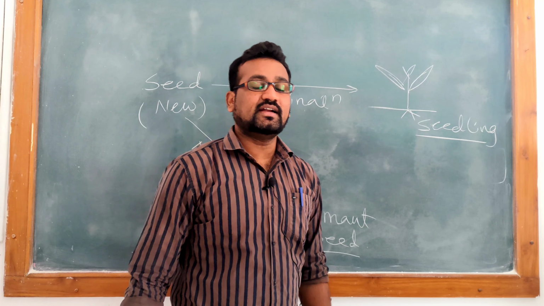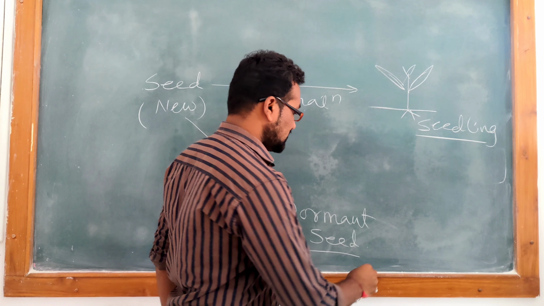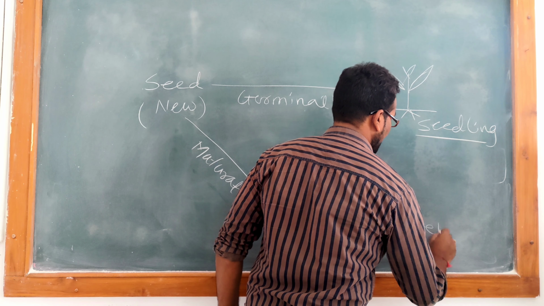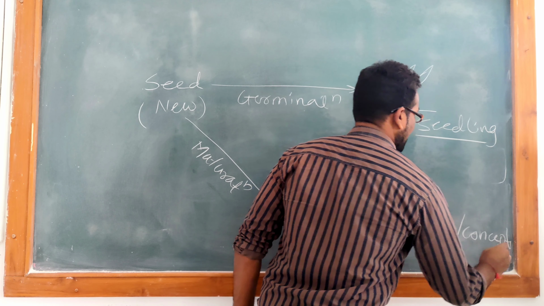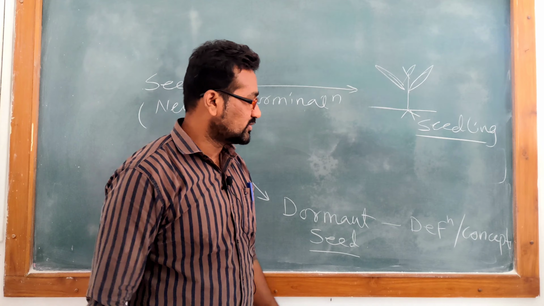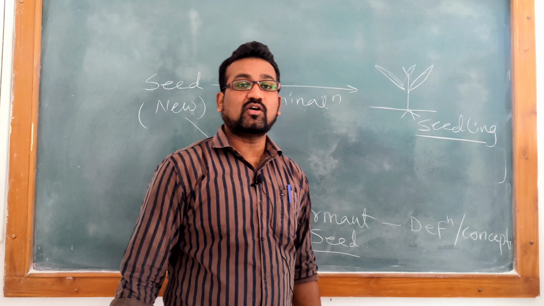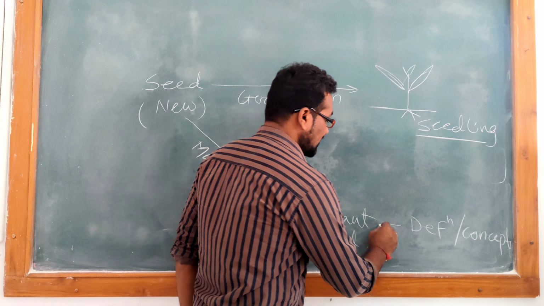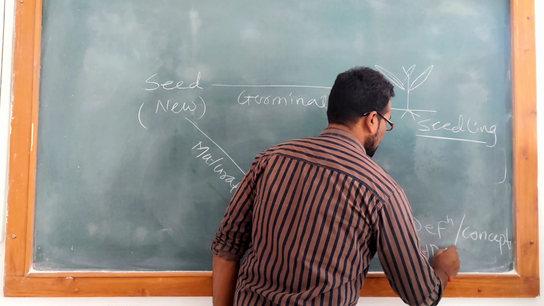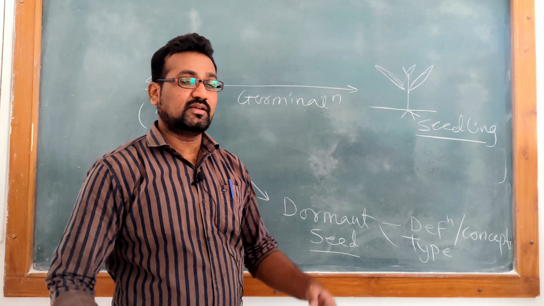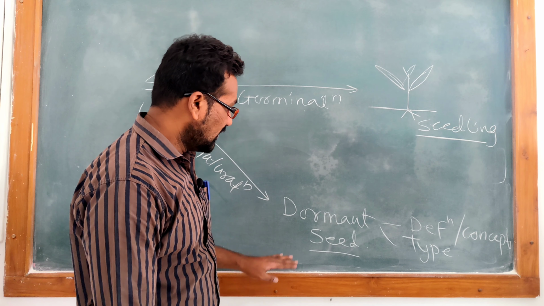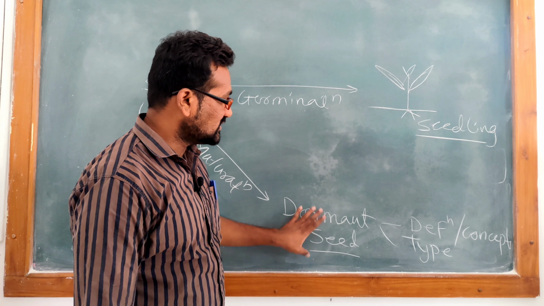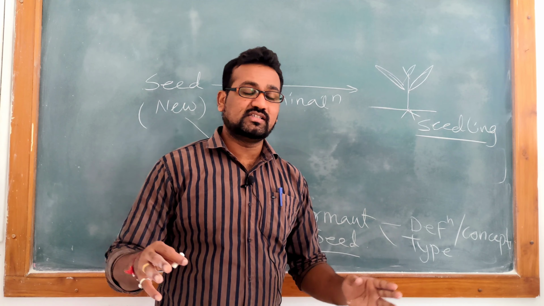We have discussed this dormant seed in our definition and concept videos; you can check those videos. We have discussed what dormancy actually is. We also have seen the types of seed dormancy in detail: external, internal, double dormancy and secondary dormancy. This seed dormancy causes the seed to go into a pause condition.